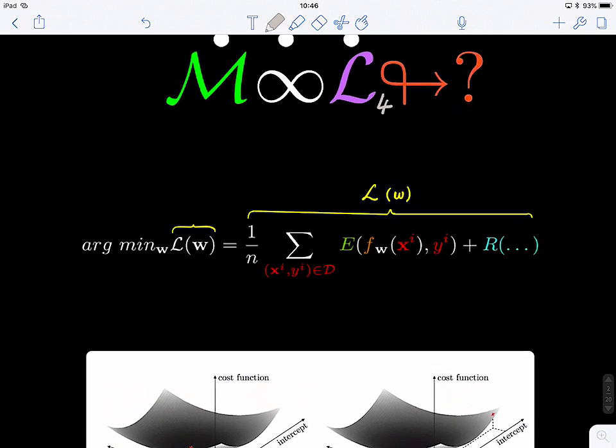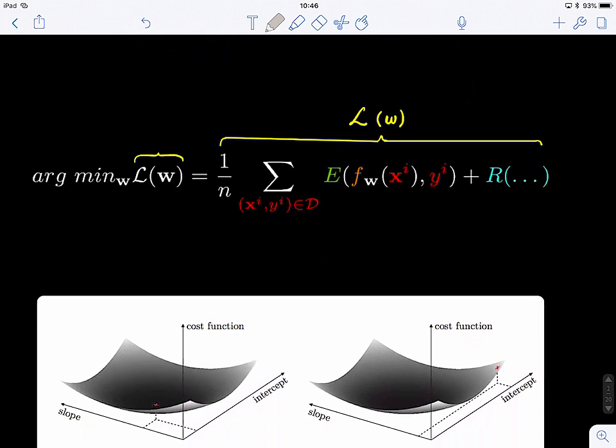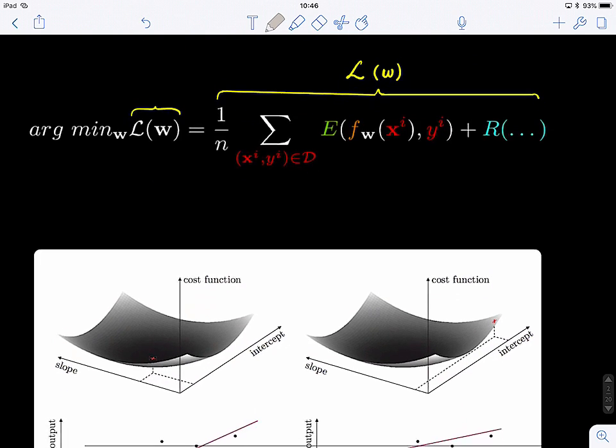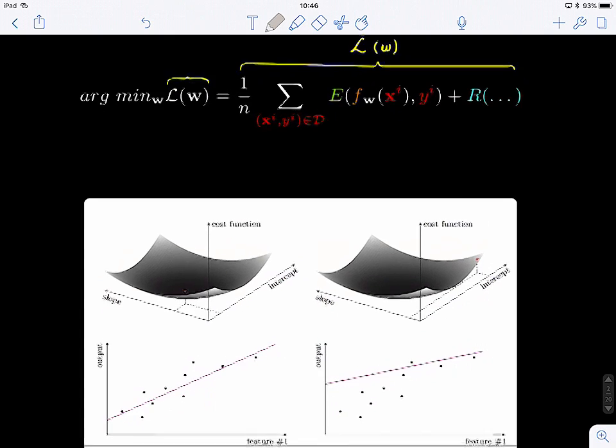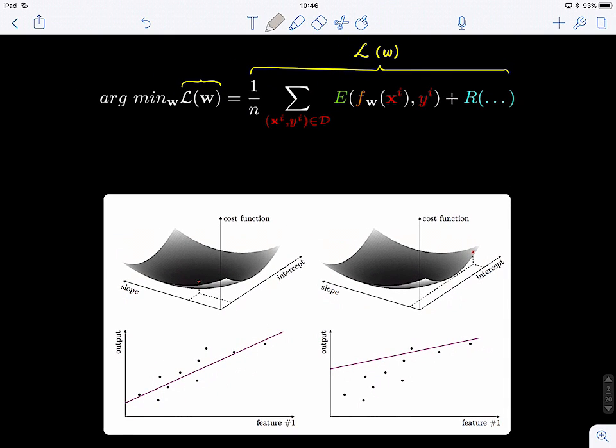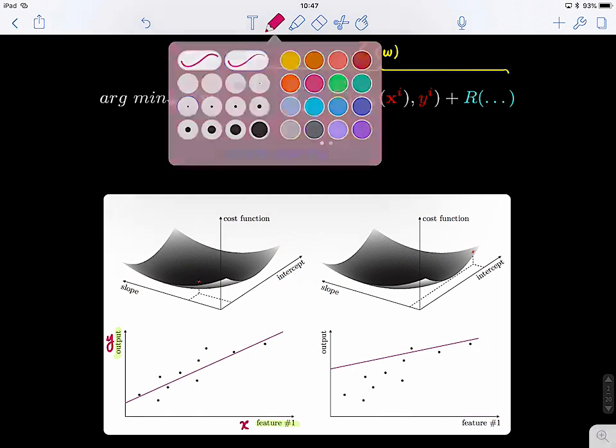So this is a typical formalization of a machine learning method. What we're trying to do is minimize a loss function. By minimizing the loss function, we find the optimal parameters for our learner. So for example, let's say we want to do a regression. We want to build a regression model, and what we have here in this figure is only one feature, and this is the target output. So this is basically your X, and this is your Y. And this line is actually your